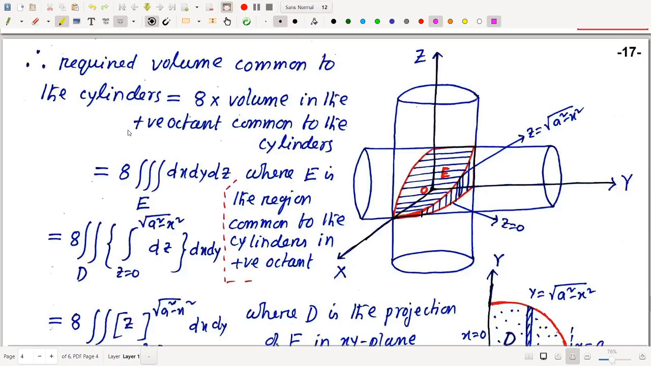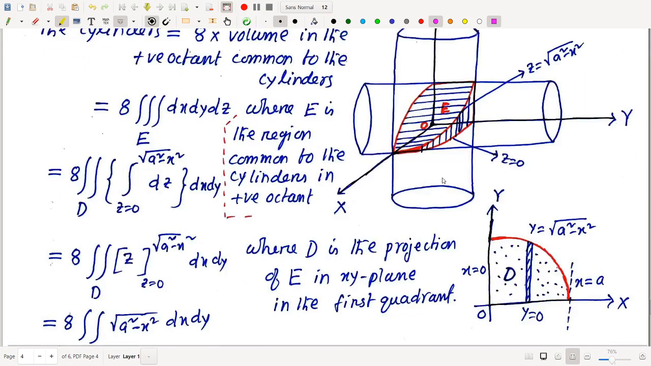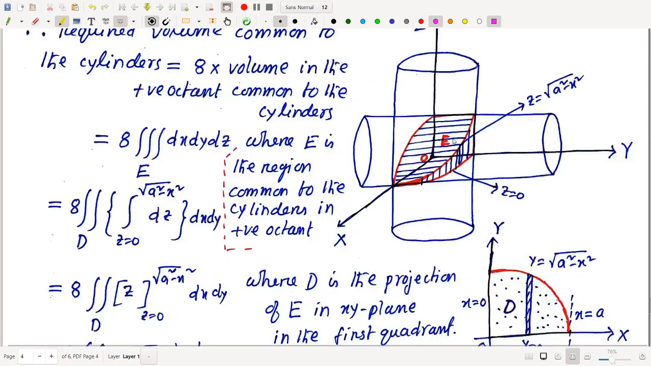Now this is 8 into the triple integral of 1 dx dy dz over the region E, where E is the region common to the cylinders in the positive octant, the first octant. We have marked it E. Now what will be the limits for x, y, z? So first we see that